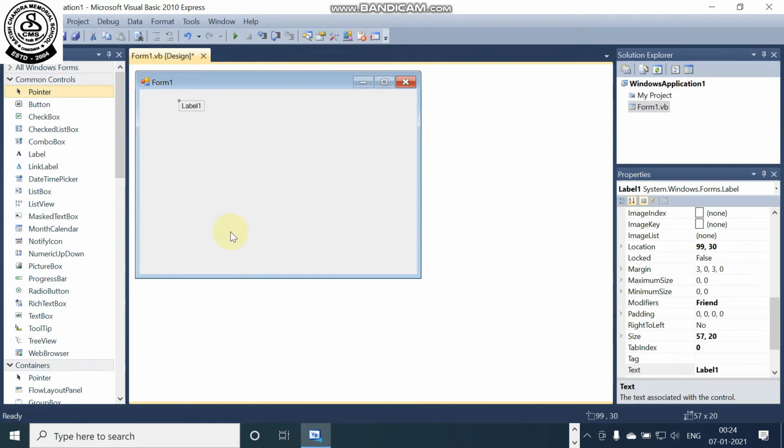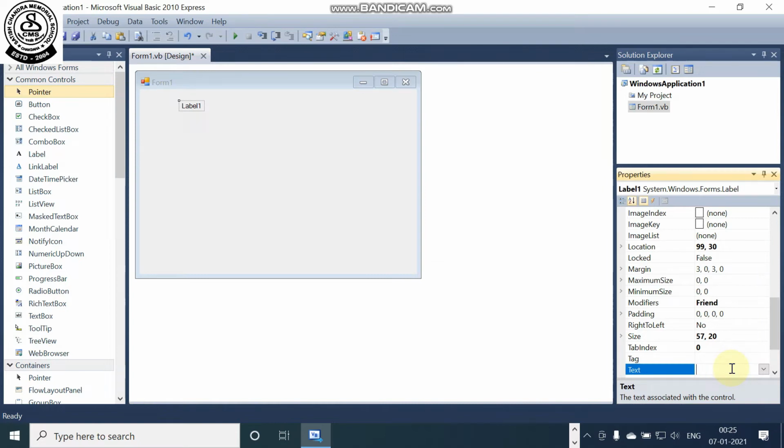A form is a representation of GUI or graphical user interface through which we will create GUI based application or Windows application with the help of Visual Basic. That's why Visual Basic is very popular, because by default it provides you the GUI based application. I have clicked on this label box and the label box has come. When you click on the label box, the properties related to the label box come. I'm changing the text property of the label box.